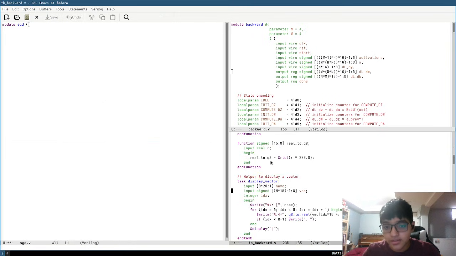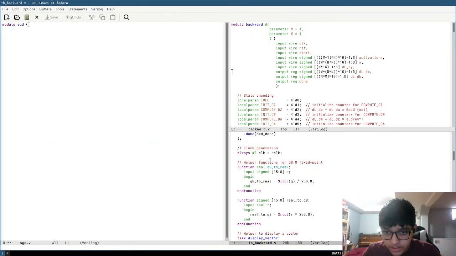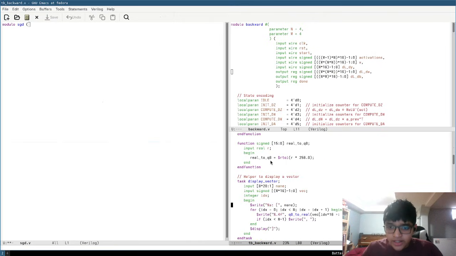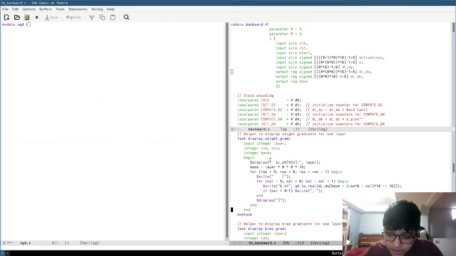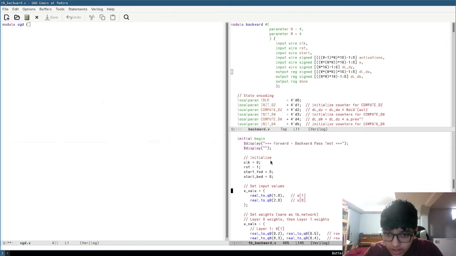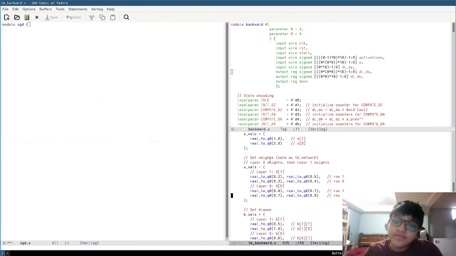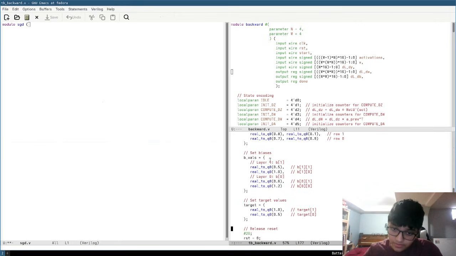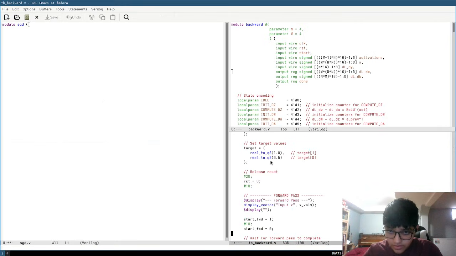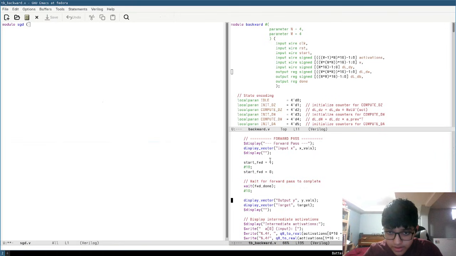Okay, so then over here, display weight grad, display bias grad, forward pass. Okay,